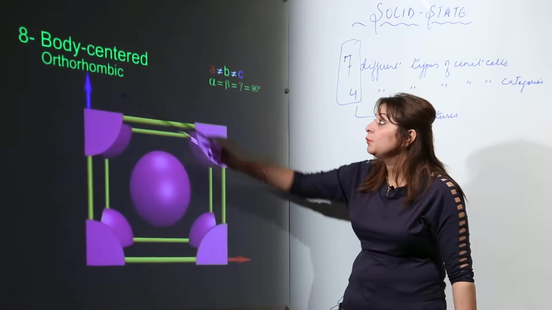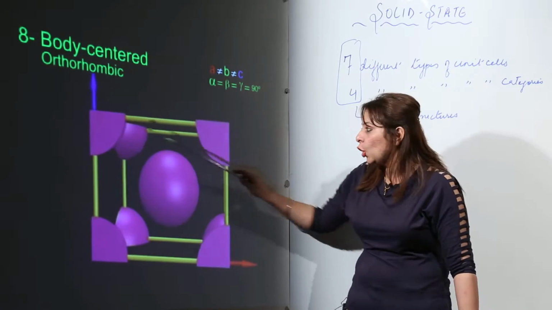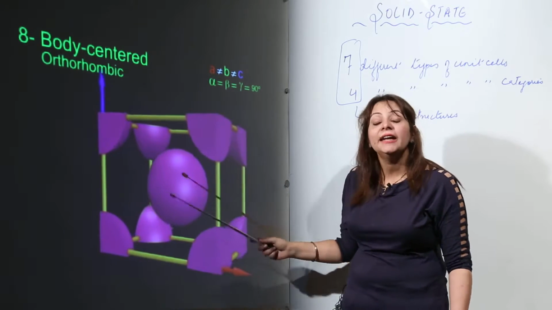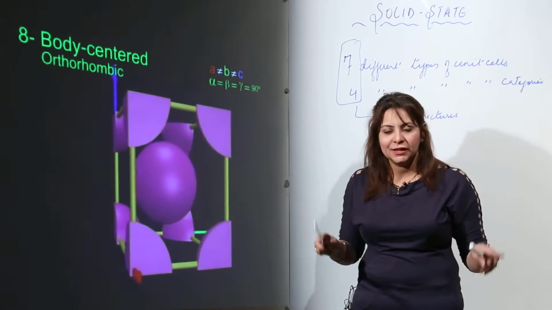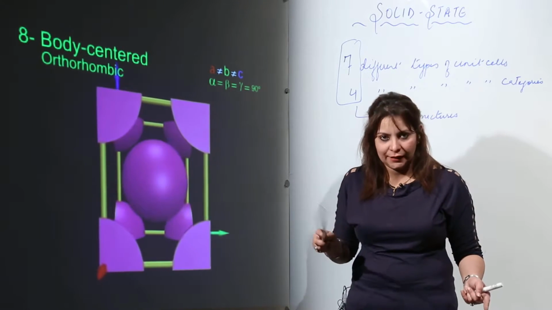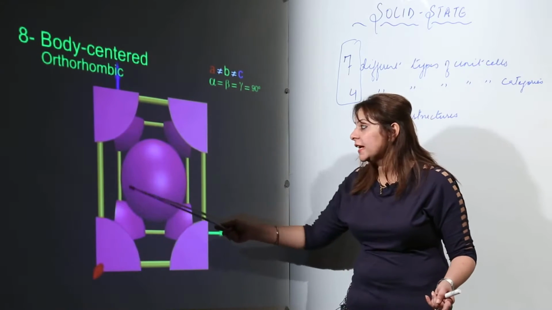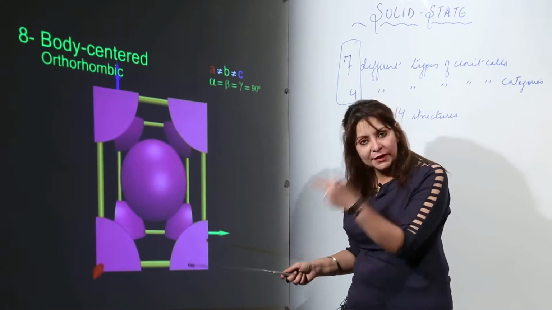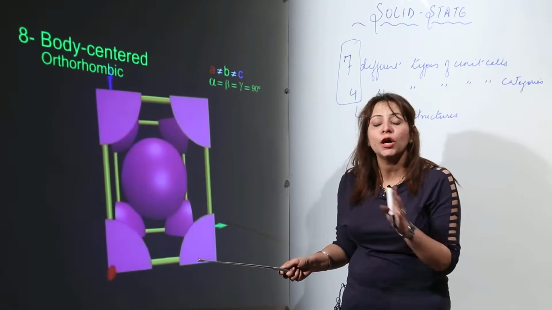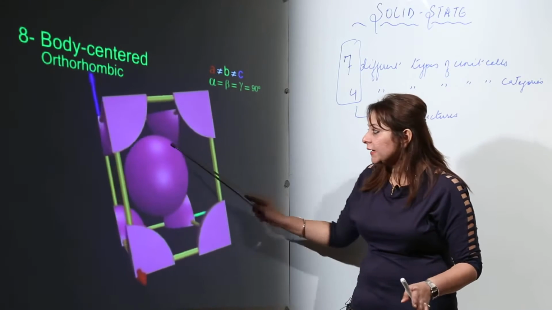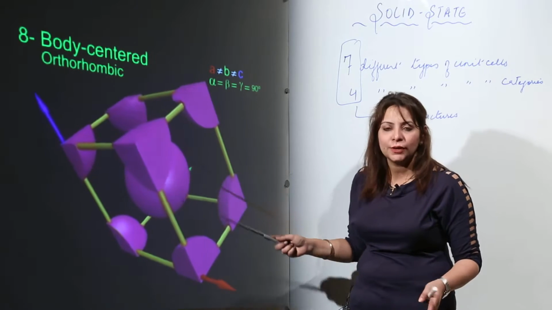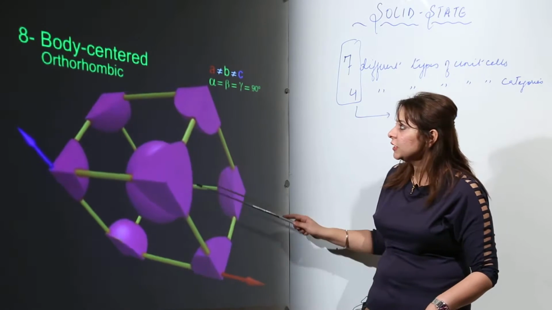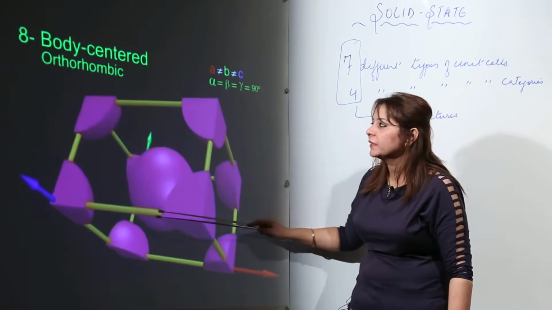We do get to see it in a body centric form also, that means corners and the center. And as you know, when we talk about the body centered one, we have the particles at the corners, again their contribution is 1/8, right. And the one which is in the center belongs to this specific unit cell, not to any other unit cell. It is not shared by any other unit cell. That is why it is shown by a complete particle. It is not broken into any piece, right. So this is what we get to see in a body centered orthorhombic.